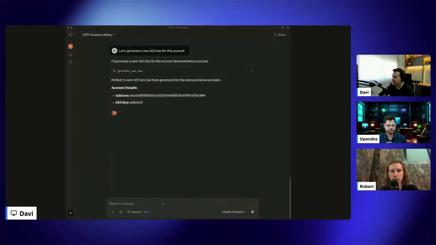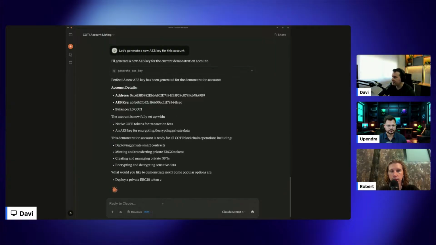A new AES key has been generated for the demonstration account. And it's showing me here the AES key generated for this new account. So now we have this account completely set with private key, public key, one COTI, and also with the AES key, so we can start using it for the operations.